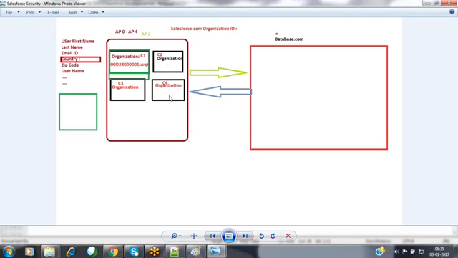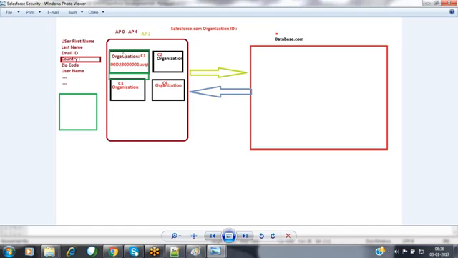Why? Because Salesforce is not providing a dedicated server for every customer. Salesforce is providing a shared infrastructure with the help of the multi-tenant architecture. Because of that multi-tenancy, Salesforce allocates a separate amount of space for each and every customer inside the same server. Now all the customers are utilizing the shared resources of Salesforce.